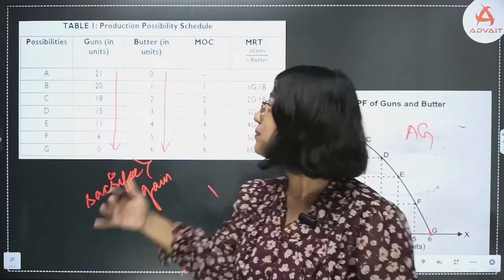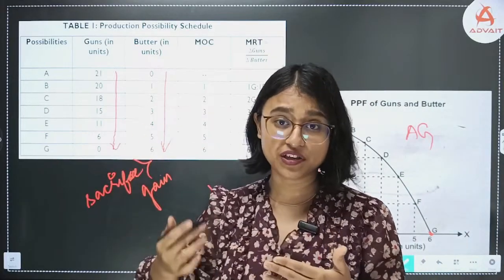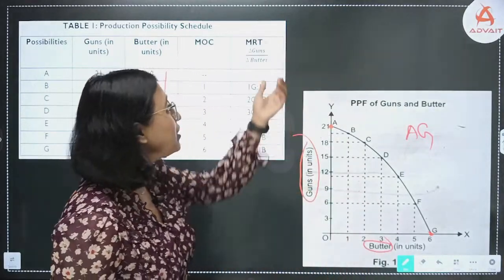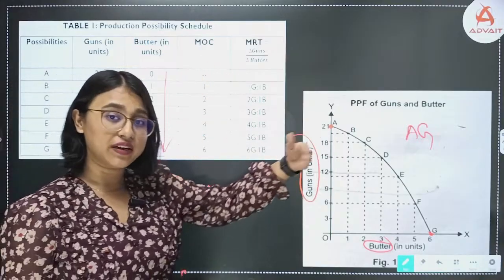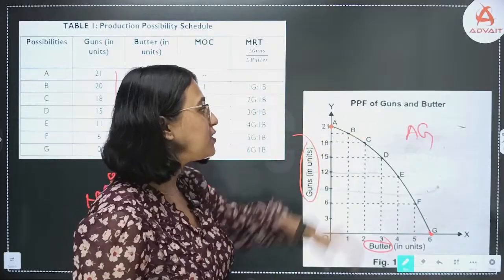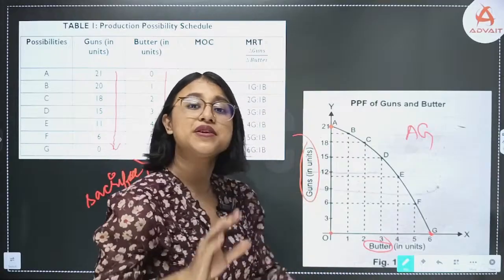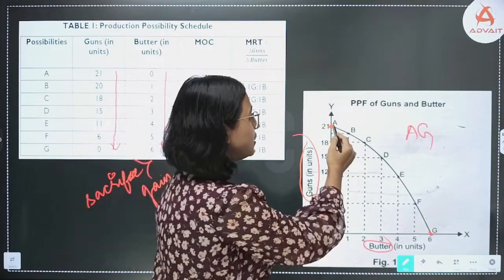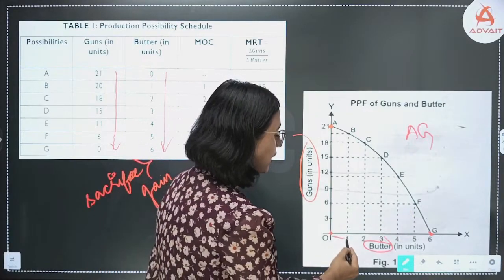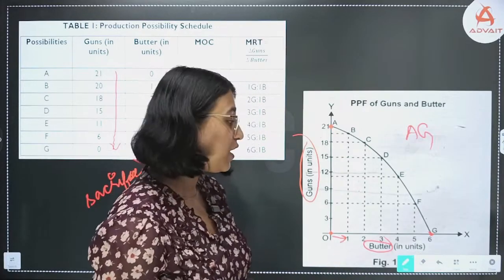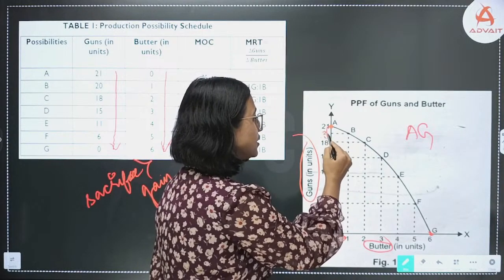Okay? So yate ami ki gom paiso, as and when we are increasing the production of butter, we have to reduce the production of gun. Okay? That is something related with marginal rate of transformation that we will learn in the later part of the slides. Firstly, jetia ami zero butter produce koriso, mane ami butter produce kora nai, ami 21 units of gun produce koriboloi parim. Next, jetia ami bhabiso ami butter production 1 unit di borhai disu, 1 unit of now butter is been produced, ami ki hobo production of guns komai disu to supposedly 20.